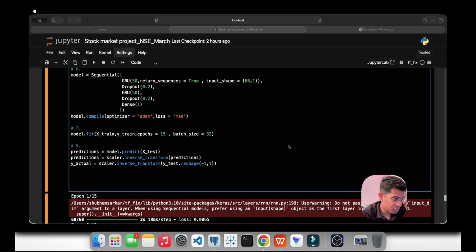Right now let's move to the next requirement. They have asked for some output: they want the inverse transform prediction back to original scale for interpretability.